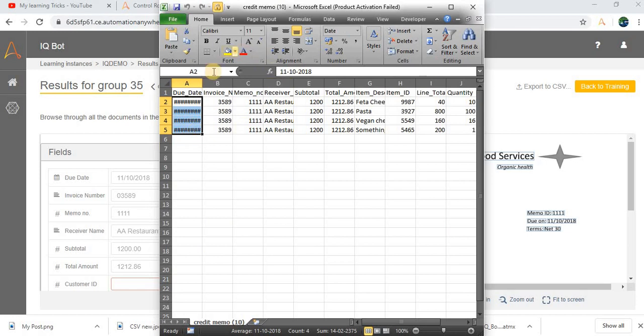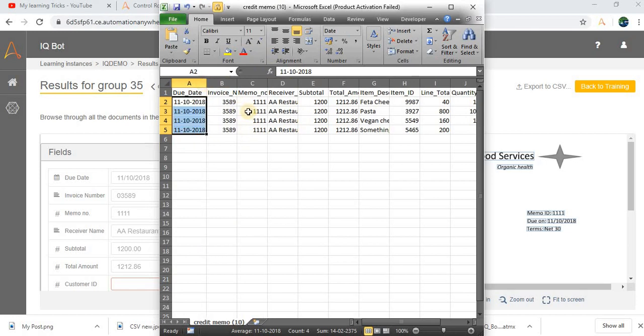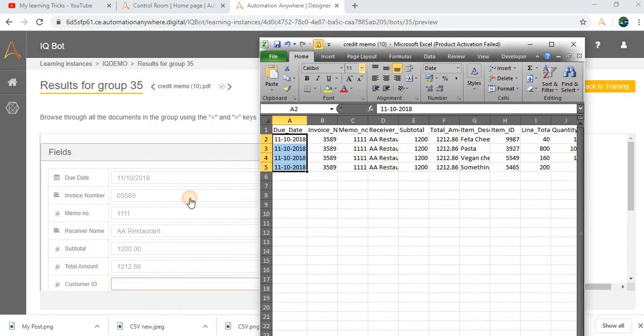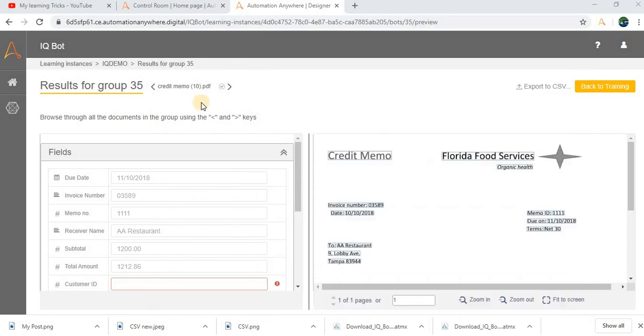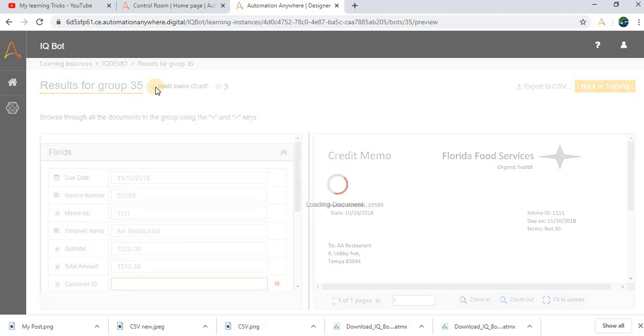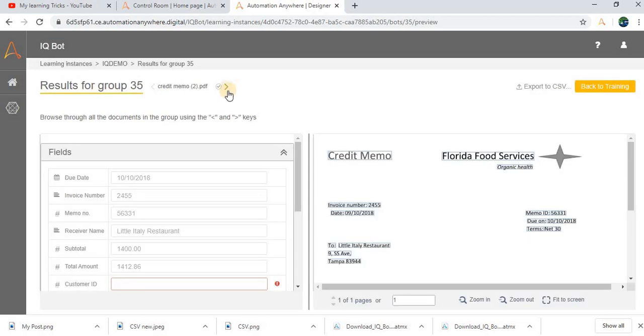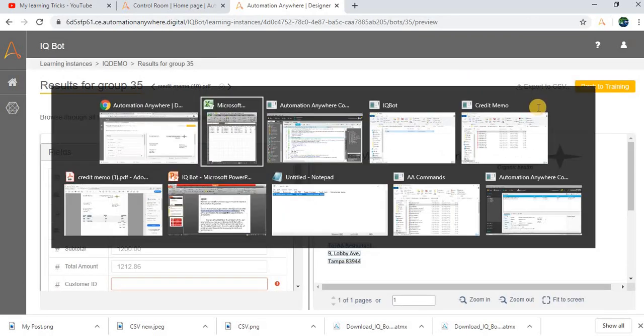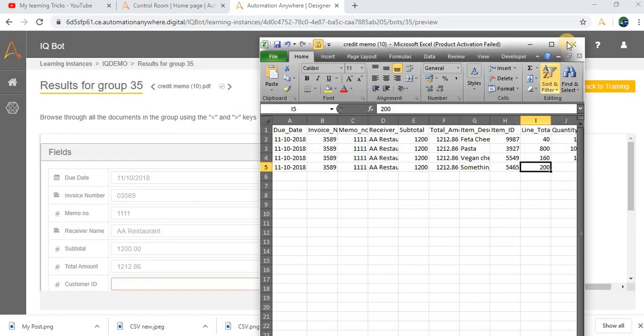This is the detail for a single file. For credit memo 10, you have received this extraction. And if you want to extract for credit memo 2, credit memo 3 or something like that, you can use this button to export the details into a CSV file. Like this, you can train all the documents and use the IQ bots.